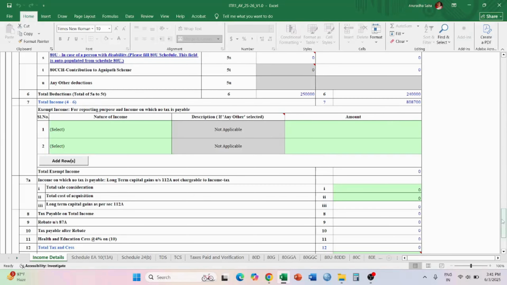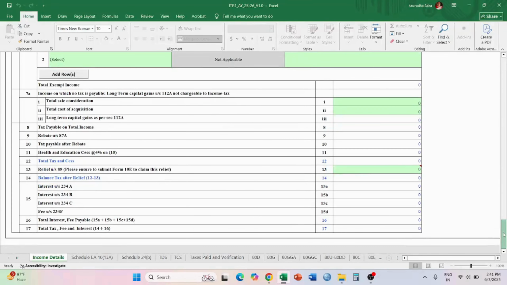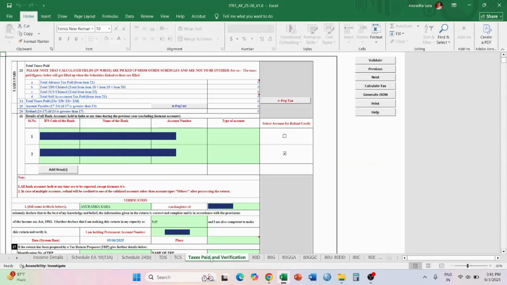Now we come down to this place where they will show me my tax. For that, first I will have to go to the taxes paid and verification page. If I come to this page, I will see that whatever tax I have paid previously is not being shown.